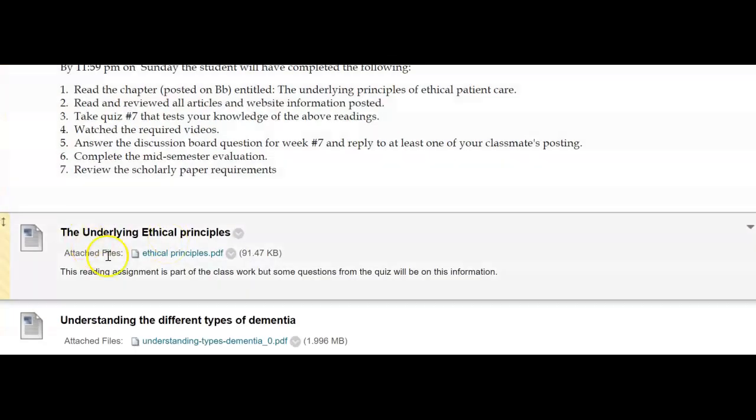So you're going to start by reading this chapter. This is not in your textbook. This is a chapter on ethical principles. It's important that you understand the different ethical principles in healthcare, and we are going to integrate those principles as we care for our patients. Many of you already integrate those principles while you care for your patients. So this is the reading assignment, but you're also going to see some of the materials covered on the